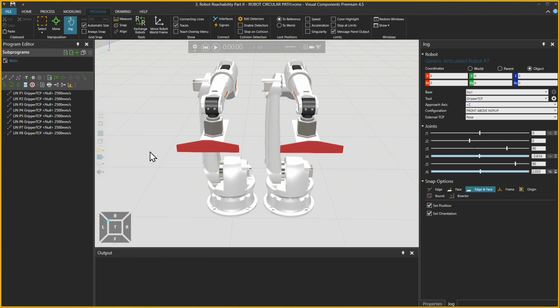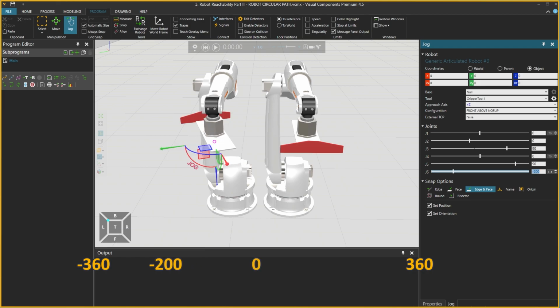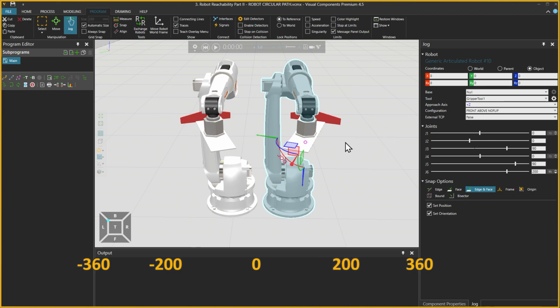Here we have quickly modified the geometry and appearance of a tool and placed 2 instances side by side to illustrate the point. With the robot on the left, using the slider for joint 6 in the jog panel, we can position the joint at -360 degrees and drag the slider to rotate the joint all the way to +360 degrees, rotating -200 degrees from 0 using the robot on the left, or rotating +200 degrees from 0 using the